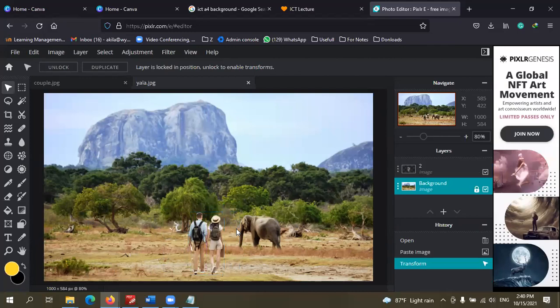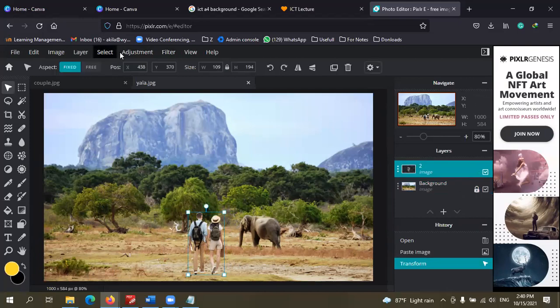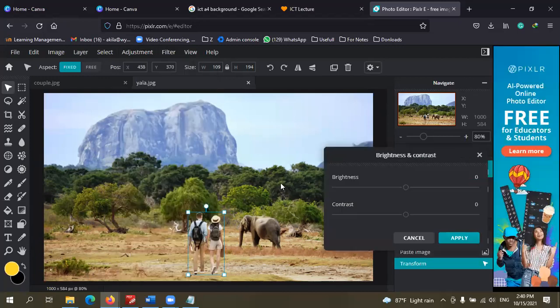Like this. Okay, children, so again, you can use then adjustment tools to make brightness and contrast and edit, right? To match with the other image. See?